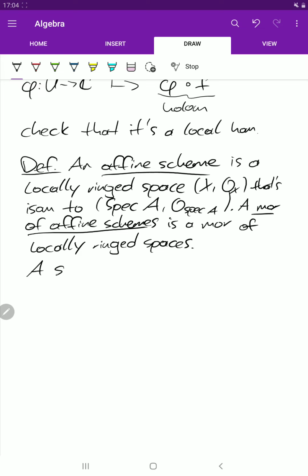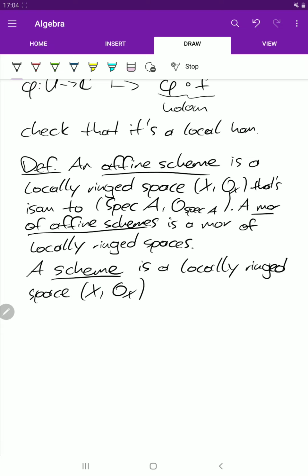And now we are finally in a position to introduce the main object of study, and that's a scheme, and that's a locally ringed space X and the structure sheaf on X, and we want to impose a condition on the space, namely that there exists an open covering.